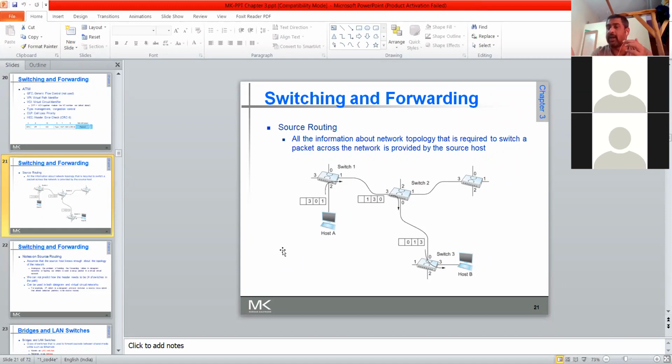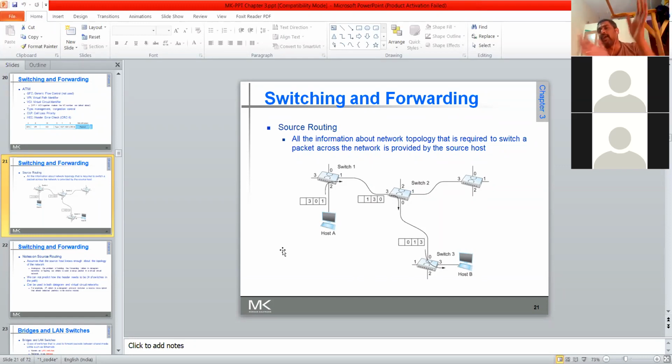Assume something occurs in between, like a link failure. The in-between nodes will inform me as the sender that the link between nodes X and Y has been cut down. So the information will come to the source again. What will the source do? It will find a new path in that particular network. That means your source should know the entire topology of that network.